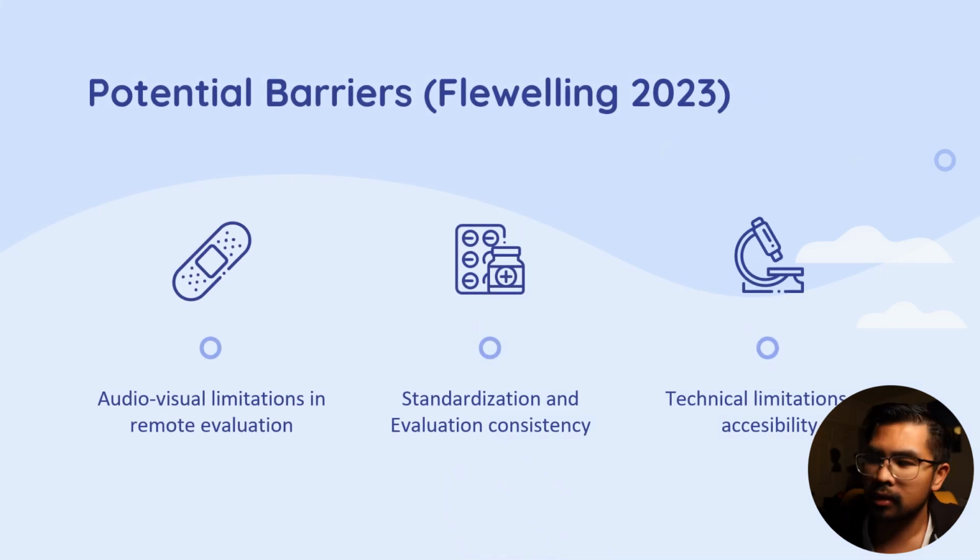So what are the potential barriers? If we were talking about starting this program, I think the audio-visual limitation, according to Flowelling, is a real issue. In a simulation, there's a one-way window, and in that one-way window, the evaluator and the facilitator can see into the room, and there are cameras involved with microphones and things like that. It's perhaps the best surveilled room that's not in the hospital, but is meant to look like a hospital. It's certainly better than the hospital, but